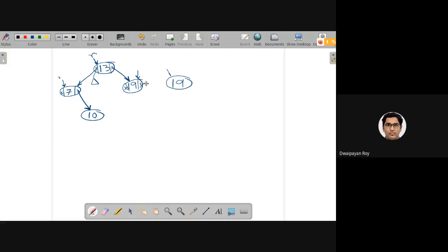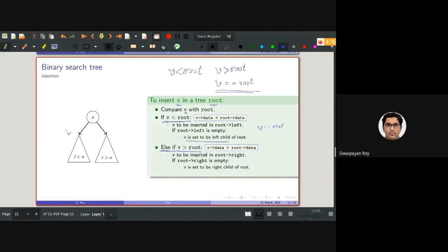So in that case, we need to ignore it. Or, with a less popular convention, we could add 19 again in the right subtree. But we'll be following the first convention of ignoring the existing data. So basically we'll be considering only these two conditions, and if V is equal to root, we'll be ignoring it.